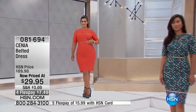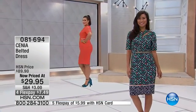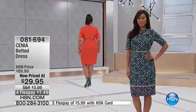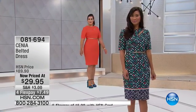There it is. Mary Kate, you're rocking that outfit in orange. It's so good. I love this line because I really felt like CENIA put her heart and soul into it, and it really shows in the design in this dress, and it really is that perfect length, goes just